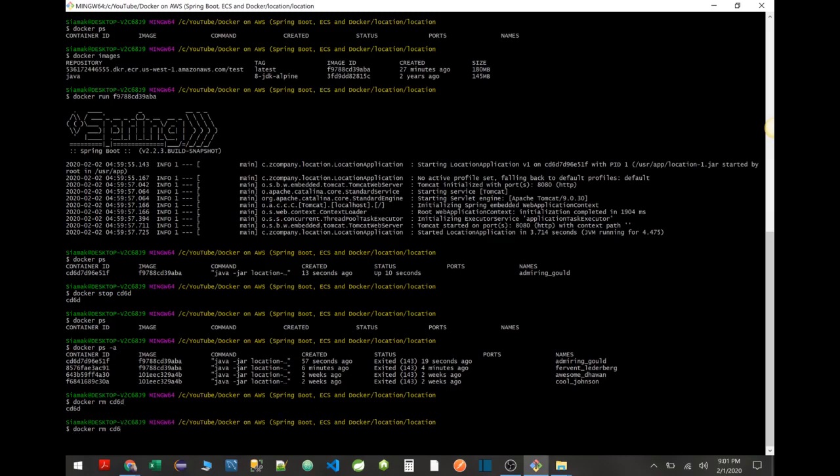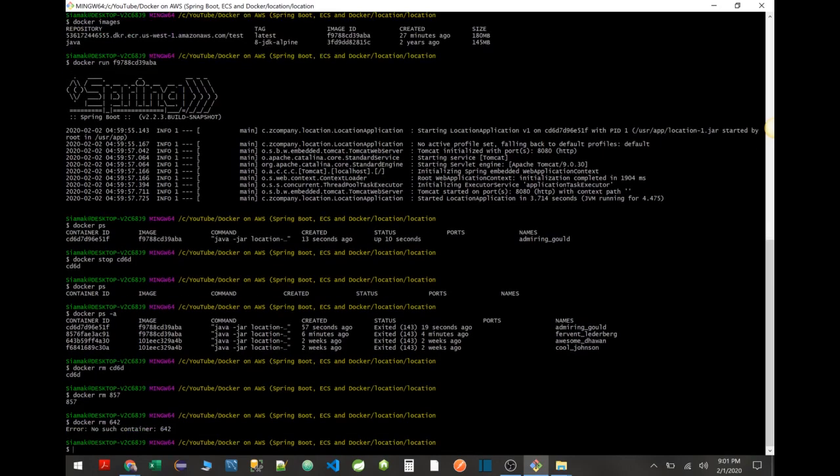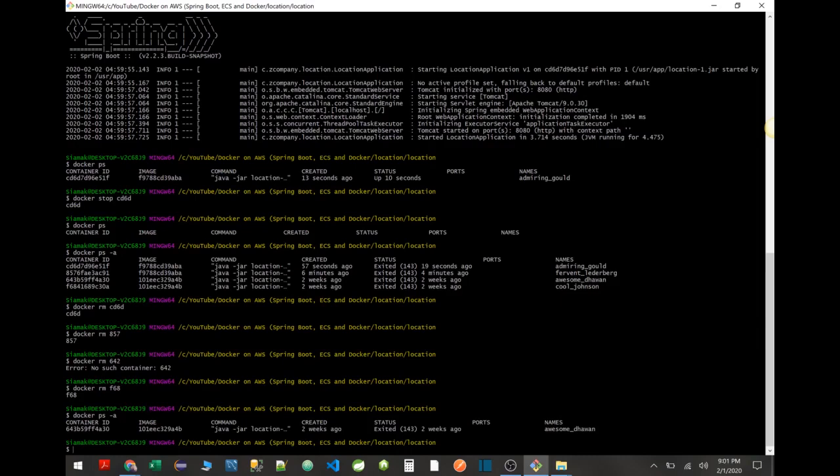We're going to remove the first one. We're going to remove the second one. It's going to be 857. We're going to remove the other one. It's going to be 643, and F68. Perfect. Now again, if we do docker ps -a, there's one more we have to remove, docker rm, and it's